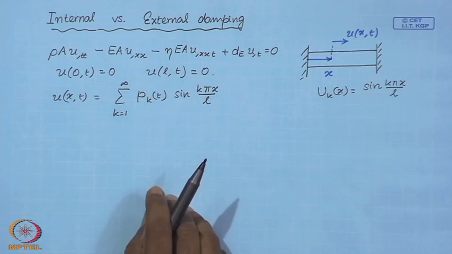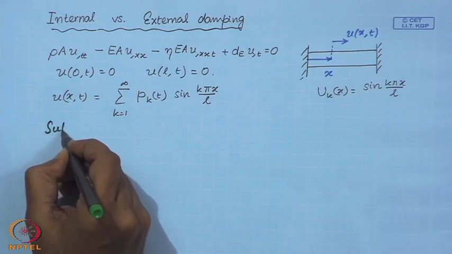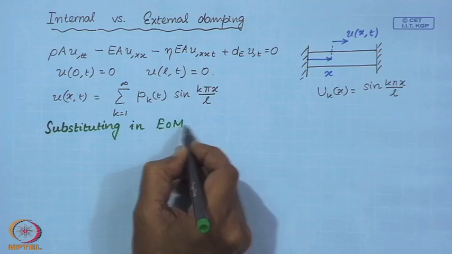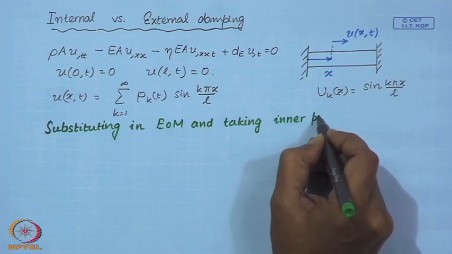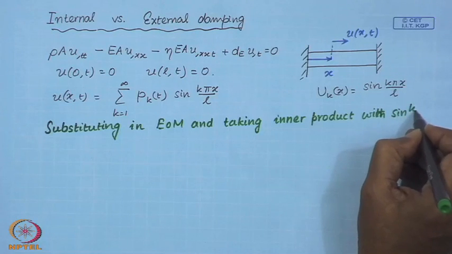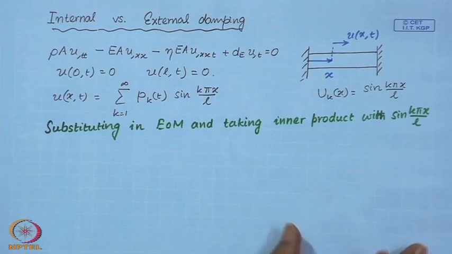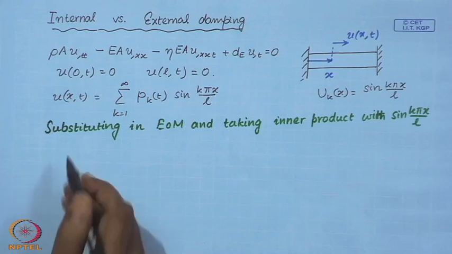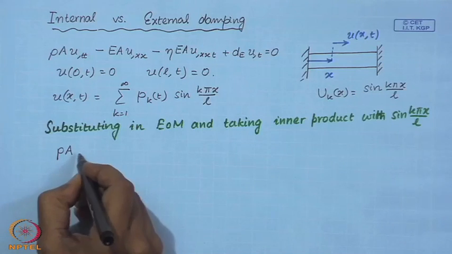So, when you substitute this expansion and take inner product, so we substitute this expansion in the solution and take inner product with sin k pi x over L, and that filters out the kth coefficient in the expansion. So, what we are going to get